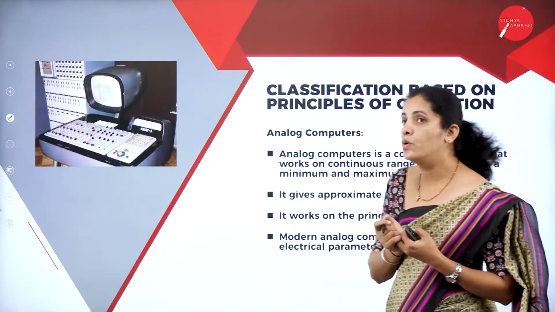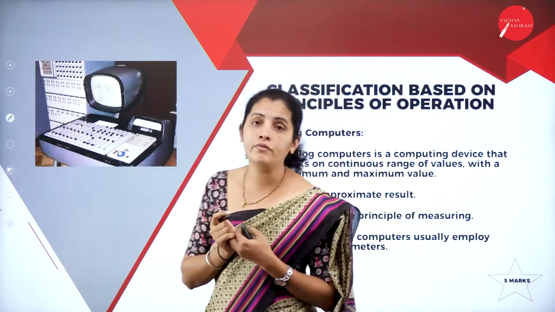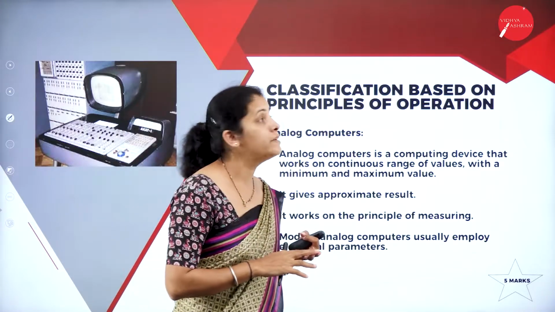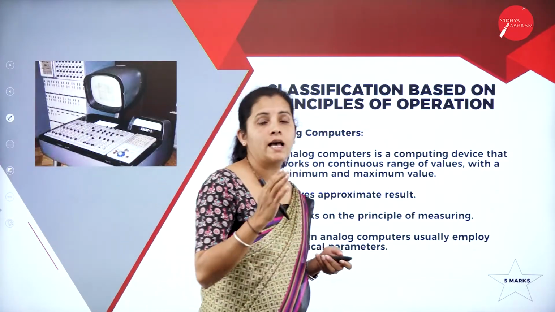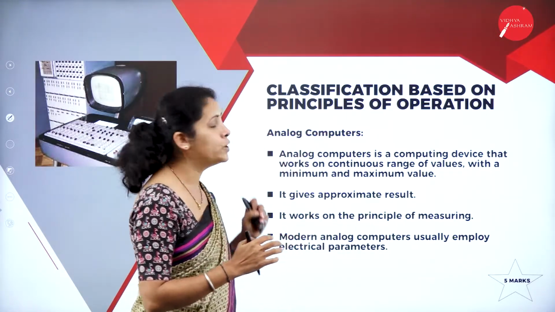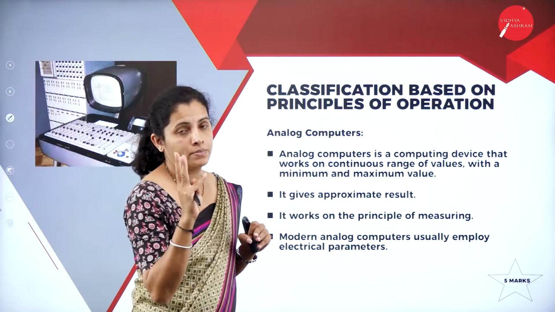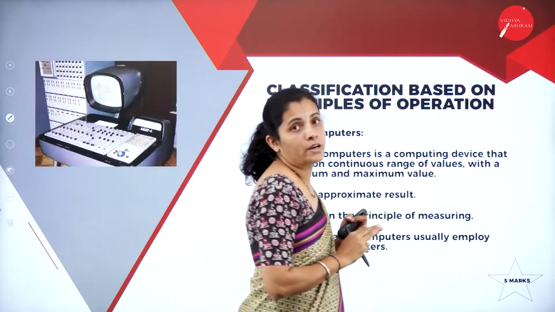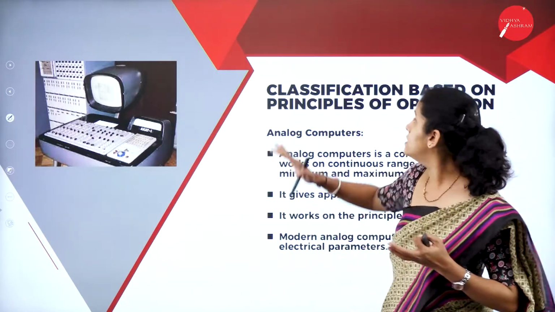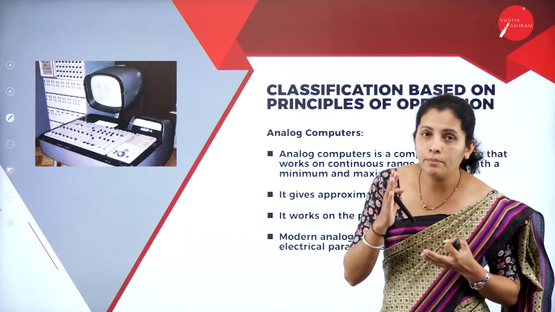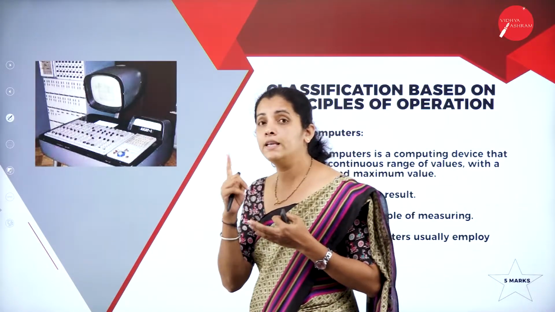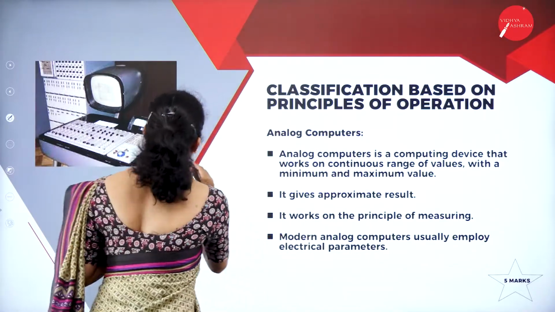Moving further, we are going to have the classification of computer systems. Here the computer systems are classified based on the operations as well as the configuration. Based on the operation, we are going to have 3 types, and based on the configuration, we are going to have 4 different types. I repeat, computers are classified into 2 ways, that is based on the operation, and